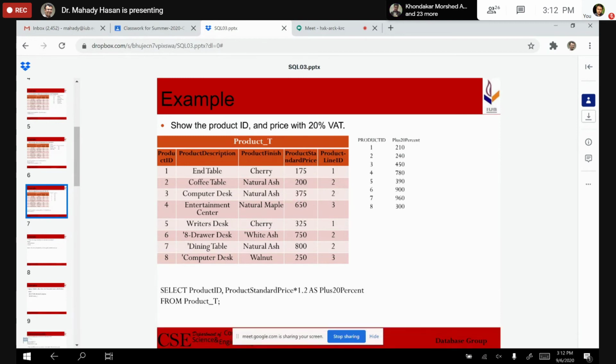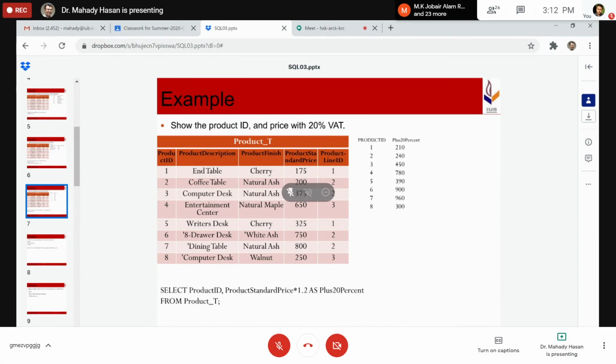So 175 multiplied by 20% would be how much? 35, right? So added to 35 would make it 210. So 1 is 210, 2 is 240, 3 is 450. So in this way we have the values. Okay.